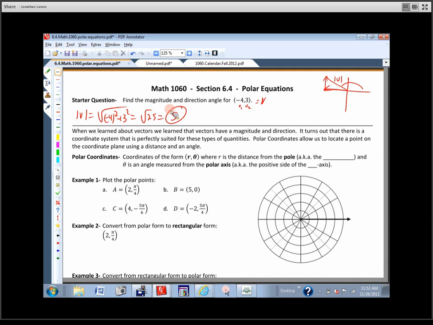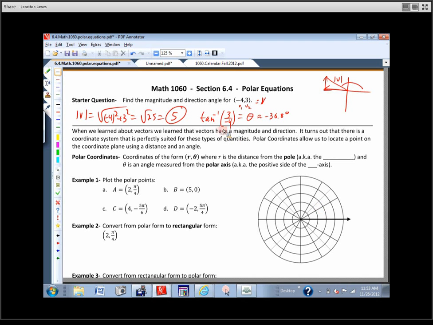Can somebody give us, what was the one we most typically used? We used a trig function. Okay, so here's what we did. We used tangent inverse of the y, the vertical component, over the horizontal component, the equivalent of the x. So we do tangent inverse of that, and that gives us an angle. Now, in our case, what angle does that give us? If we type into our calculator, what is it? -36.8. Okay, so it gives us